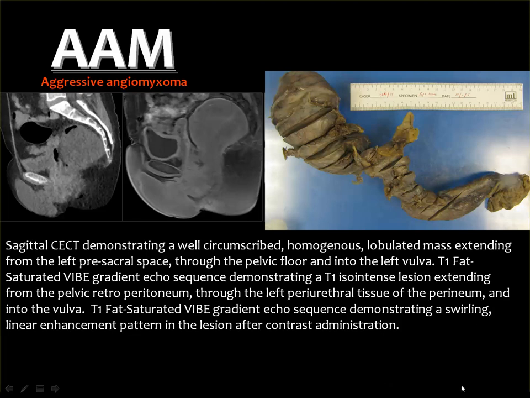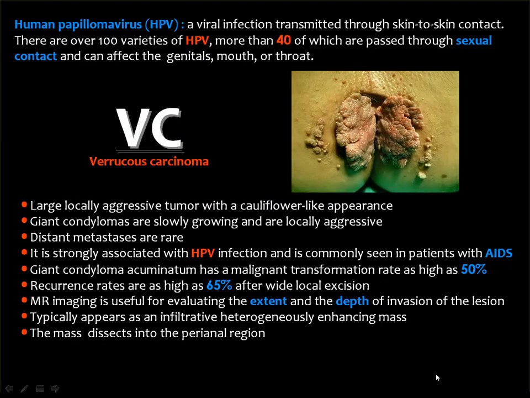And this is the gross picture of the tumor. Then we came to another lesion which occurs in the anal canal, which is the verrucous carcinoma or condyloma acuminata. This lesion is intimately related to the human papillomavirus, which is a viral infection transmitted through the skin,